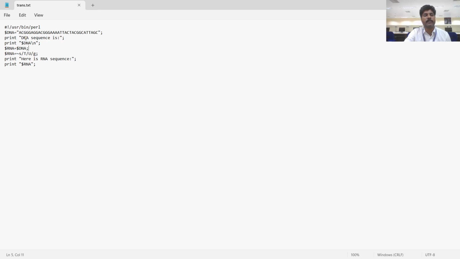The first line should be: DNA sequence is, ending with a semicolon, right? Note it down. This is also in inverted double quotes. Then in the second line, print $DNA, new line, right? The first print is "DNA sequence is", so it shows on the black screen "DNA sequence is", and